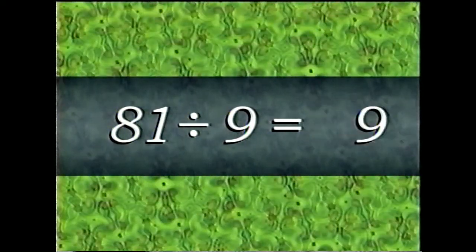81 divided by 9 is 9. 27 divided by 9 is 3. 63 divided